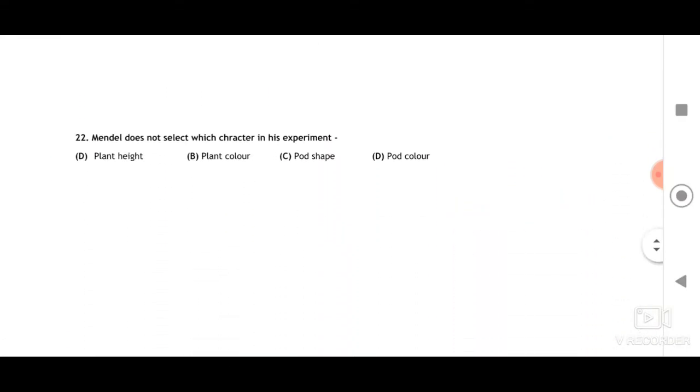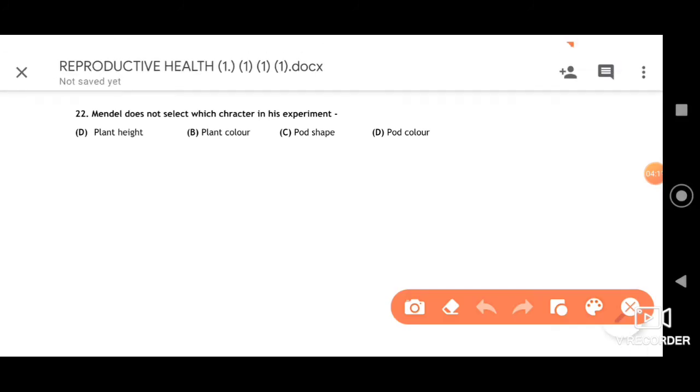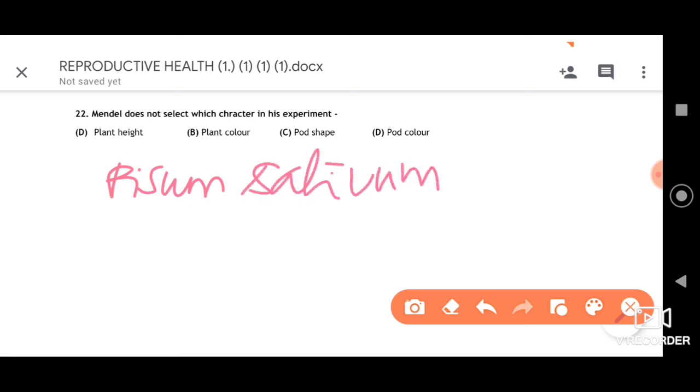Then, dear friends, the next question we have here is, Mendel does not select which character in his experiment. Of course it's an easy question. Mendel chose Pisum sativum for his experiment, that is what we call the pea plant. He selected 7 important contrasting characters of this pea plant, that is he selected flower color,